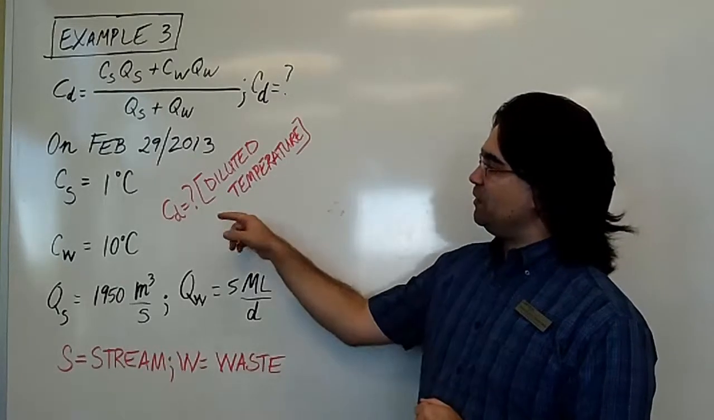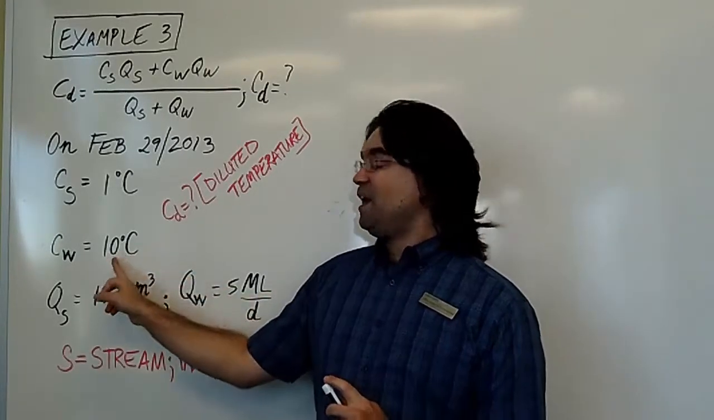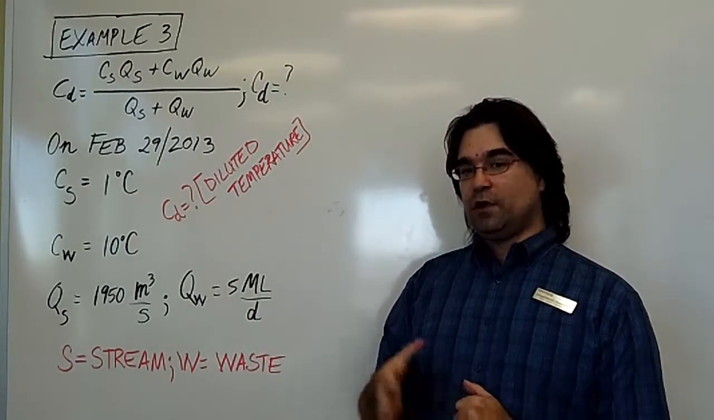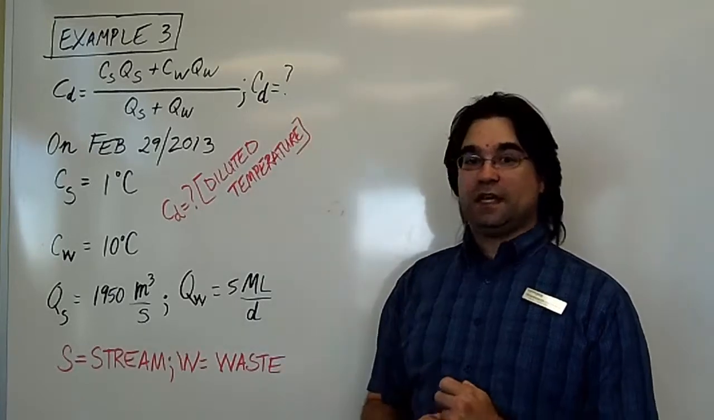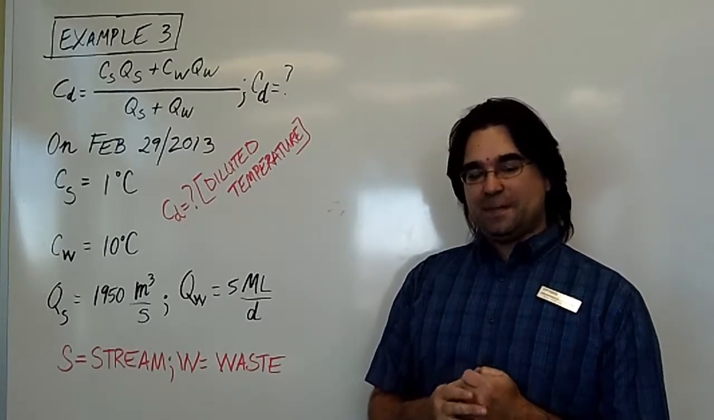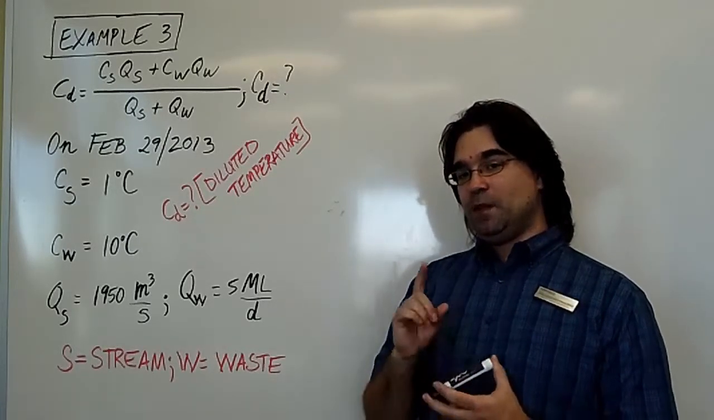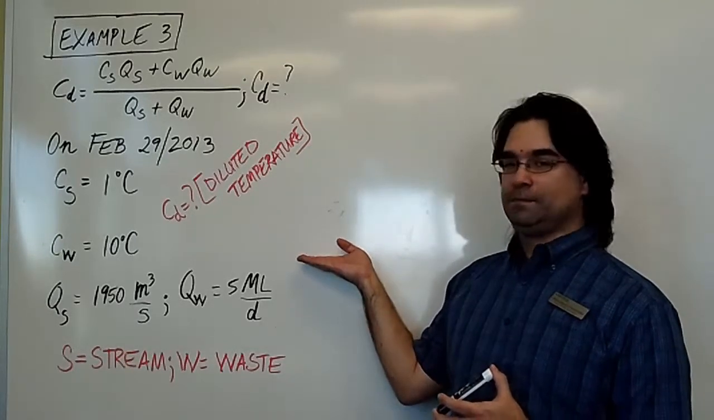So can we calculate what the diluted temperature is after this 10 times hotter water has had a chance to mix with the Ottawa River in the mixing zone? Can we actually use this formula to calculate the diluted temperature? Obviously, I'm assuming that you figured out by now the answer is yes, and I'll show you how to do it. Before we move forward, just like in example number 2, which you can find here,